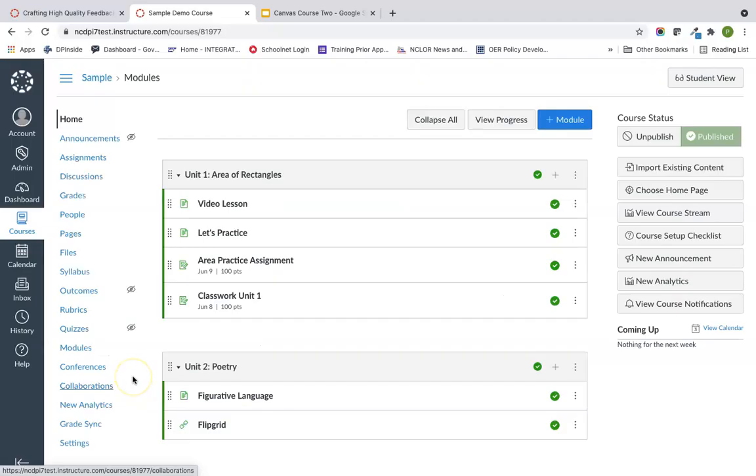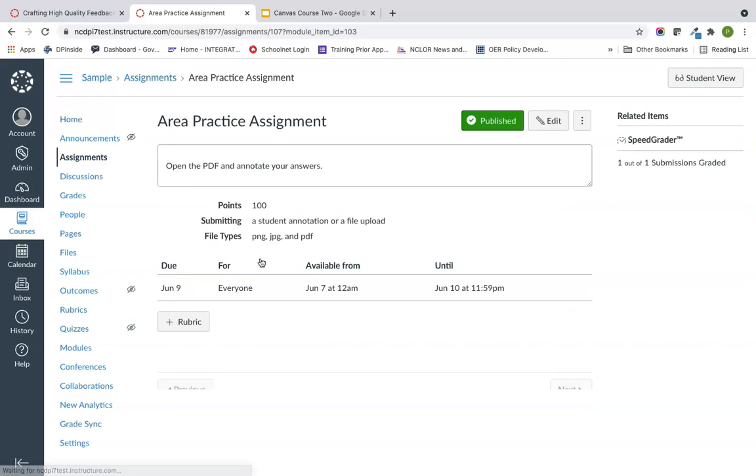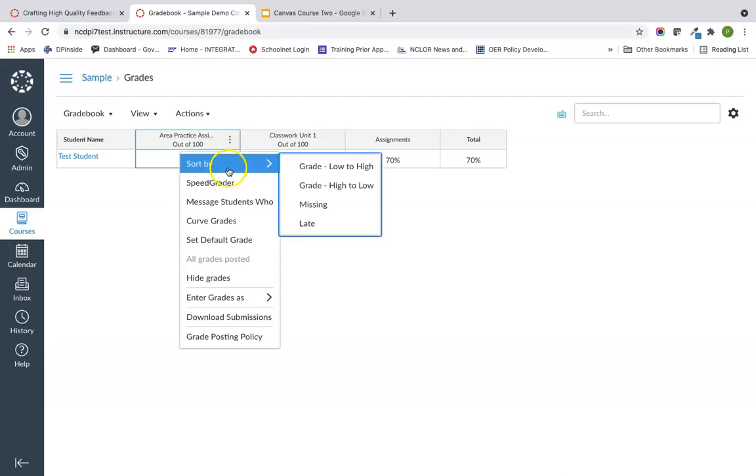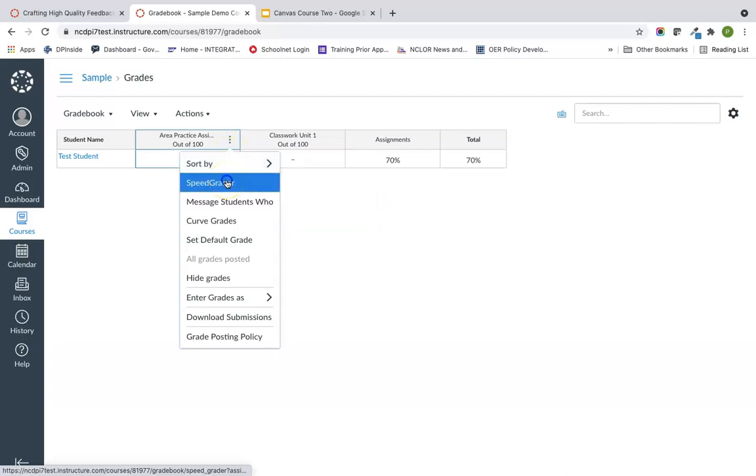To get to SpeedGrader, there are a couple of different ways you can access it. First, you can go into any of your assignments within your course, and when you click on an assignment, you'll notice on the upper right-hand corner the assignment is SpeedGrader. Or you can go into Grades, and in any of the columns for the grades, if you click on the three dots and go to SpeedGrader,